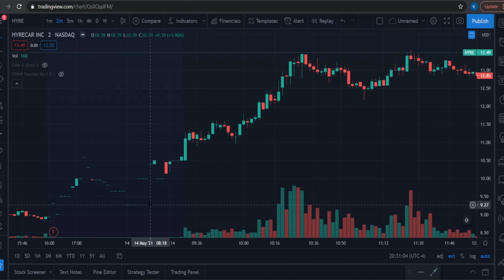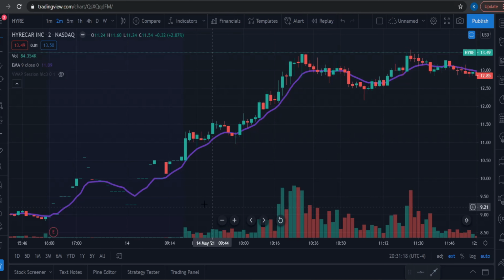This is May 13th into May 14th. This is the pre-market, this is the aftermarket. So that news came out in the aftermarket, and it gapped up, and it continued to gap up after that. Now, if we put on our EMA, we can see that this thing continued to ride up the EMA, fall